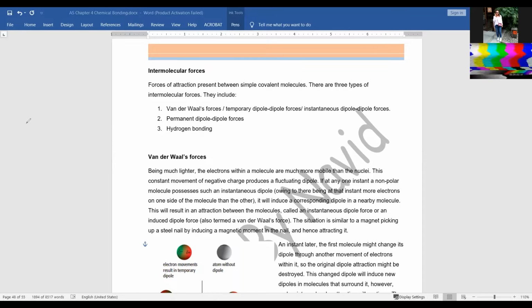So now we'll study about van der Waals forces. শোনো, এখন হলো এই চ্যাপ্টারের সেকেন্ড পার্ট। ফার্স্ট পার্ট শেষ করলাম, now is the second part. So van der Waals forces,